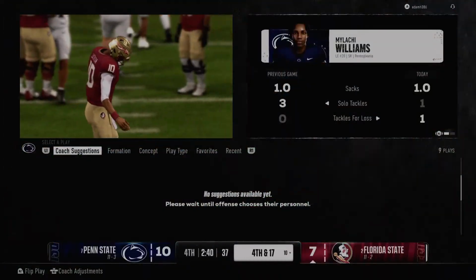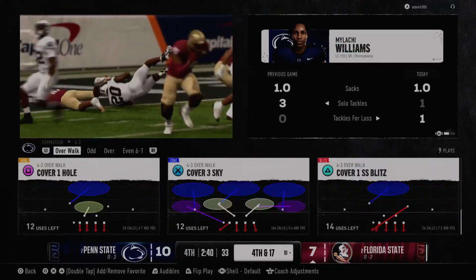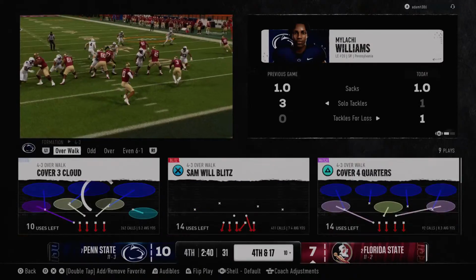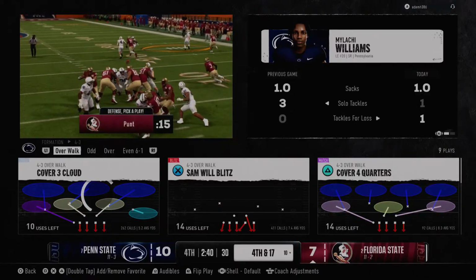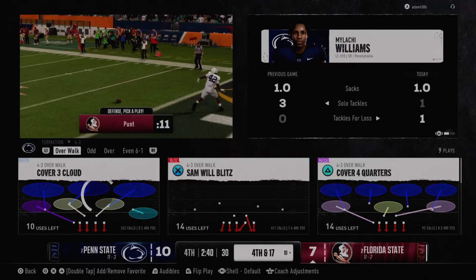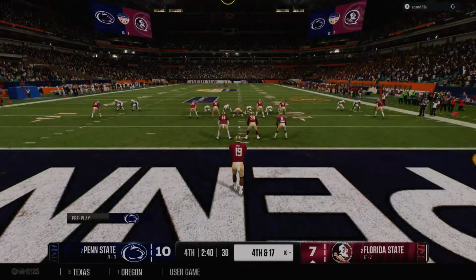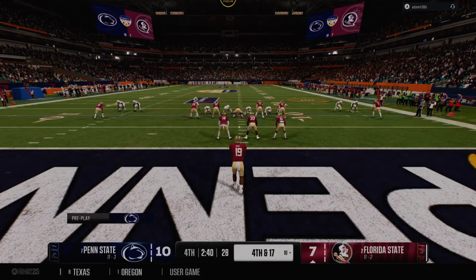The pass is off target. He got hit as he threw as the third down pressure worked. Well, that's not what you want to see as an offense when you're trailing late in a football game. An incompletion on third down and long. Hey, it's a bit of a risk, but with that clock looking the way it looks right now, I think you got to go for it here and hope to convert on 4th and long.